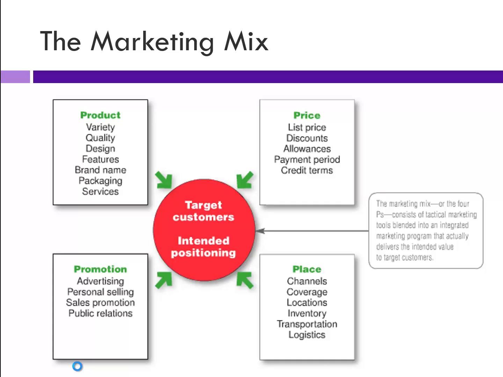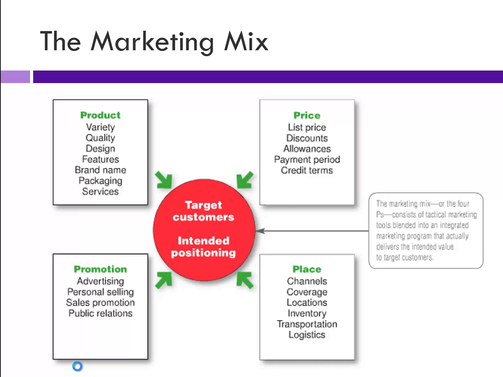There's a thing in your book too that's talking about instead of the 4 P's, this is kind of the standard thing in marketing, the 4 P's of marketing, it's the 4 C's. And instead of product, it should be what customer solution are you offering? And instead of price, it should be what's the cost to the customer? Instead of place, it's convenience to the customer. And instead of promotion, it's communication. And if you look at the 4 C's instead of the 4 P's, that forces you to stay focused on what you're delivering to the customer. What value are you providing to them?